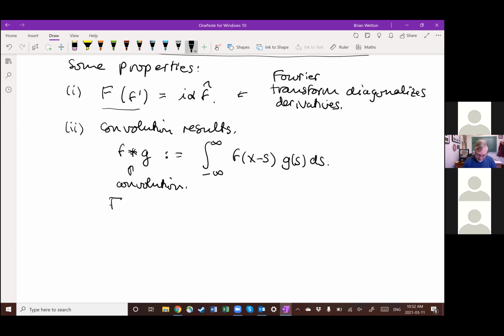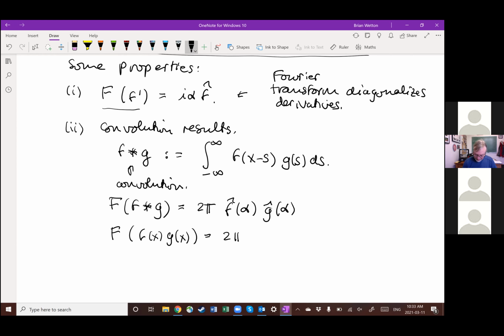And you can write this out and convince yourself that if you take the convolution and then take the Fourier transform, that's the same thing as taking the product of the Fourier transforms. And the way I've defined it, there's a factor of 2 pi that has to come here, okay? And if I take the Fourier transform of f times g,